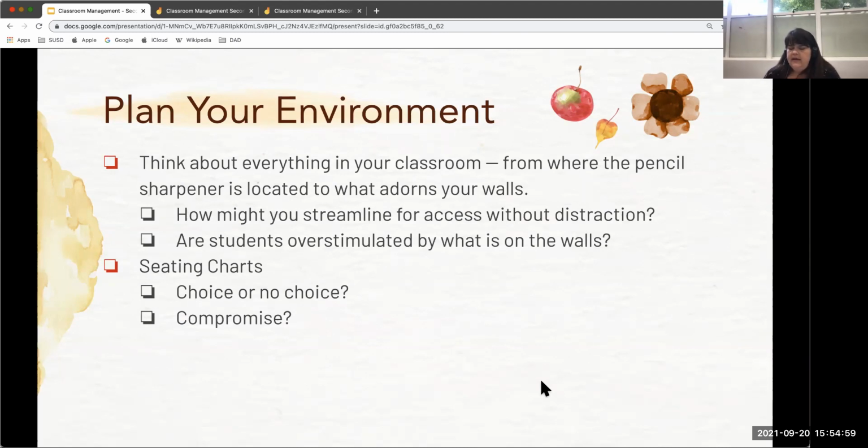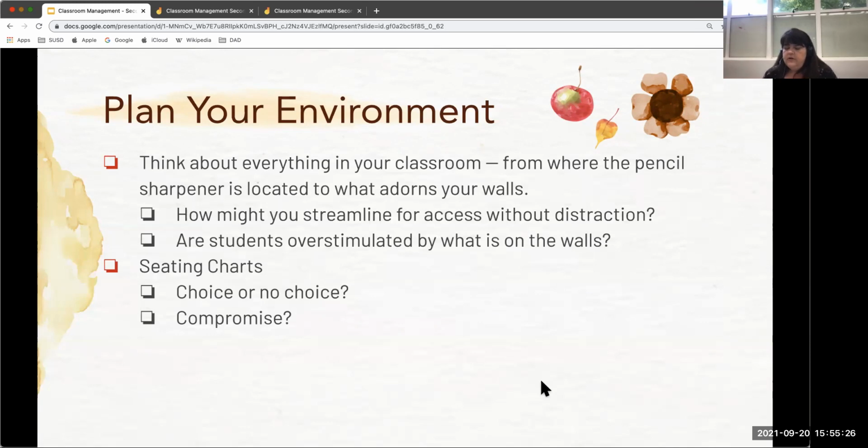Just a quick visual thumbs up, thumbs down. Thoughts on seating charts? I know seating charts are required, but in terms of you choosing seats for students versus students choosing seats for themselves. Thumbs up means I choose their seats. Thumbs down, they choose. I see a mix. Okay, I see a mix. So